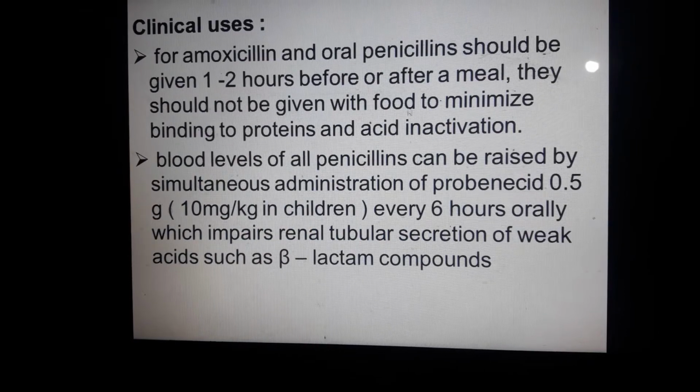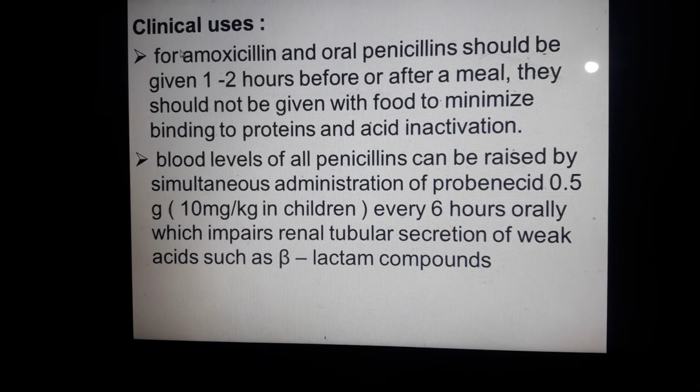So clinical uses of amoxicillin: oral penicillin should be given 1 to 2 hours before or after meals, okay. So why? Because if before meals, the absorption process is easier. They should not be given with food to minimize the binding to protein. Otherwise, the penetration will take longer, and it can bind to proteins inside our gastrointestinal tract. Acid inactivation: once it binds to the protein, it can also be inactivated in the